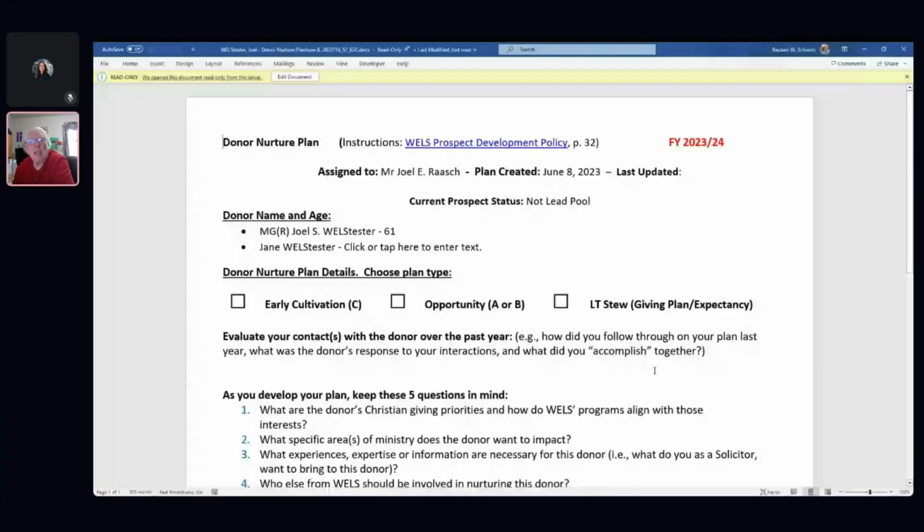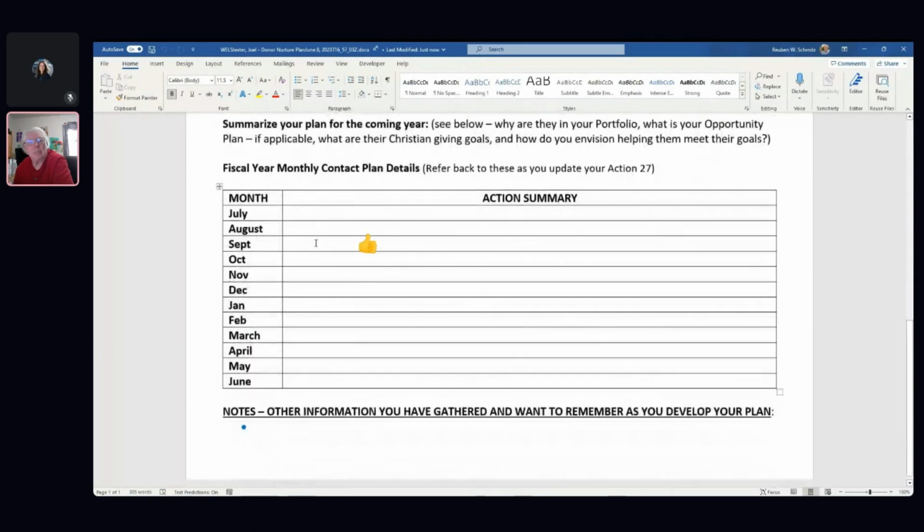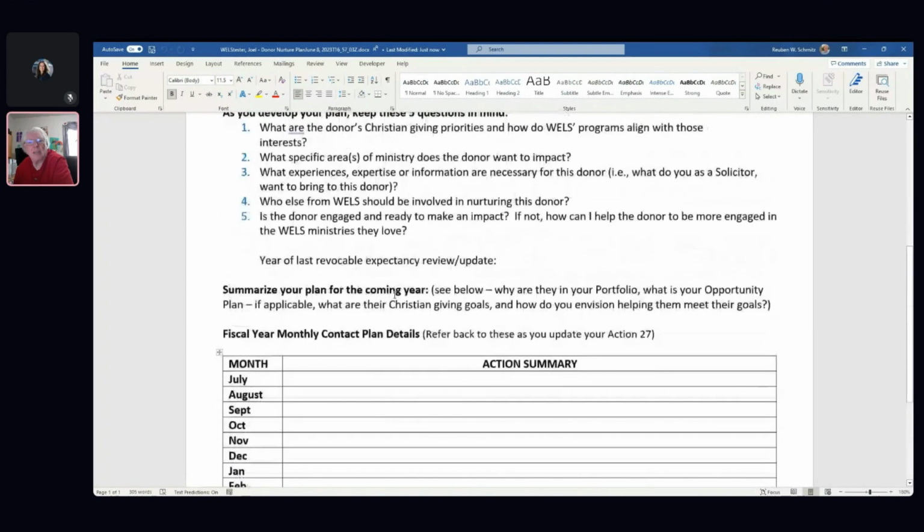Try it this way. All right, now you can see it. So the document is here. It opens up, and because it's in SharePoint, we use Office 365. You can see the autosave is on. So that means that any change that I make, and it's really filling in a plan for the year, is the focus of this document.